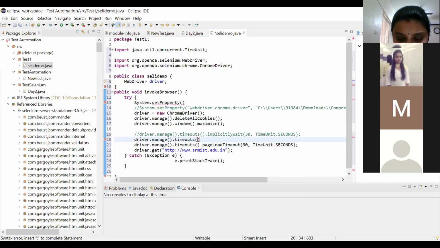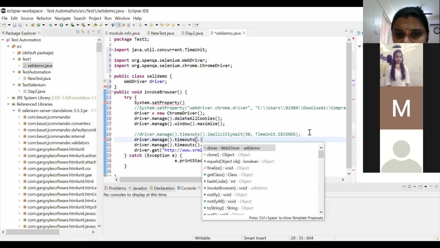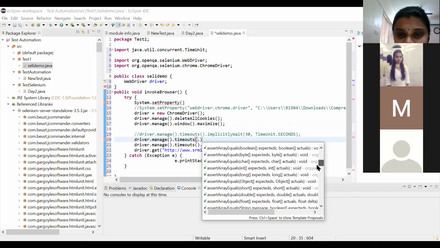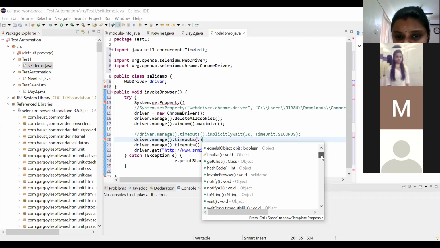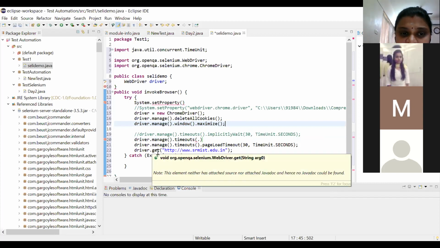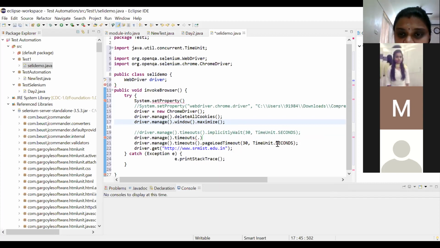You can see here you have different things. You can have an implicit wait, which will help with page synchronization. These are the commonly used things. Invoke browser is one other function which we will try. So now I have given a page synchronization wait time here, and then this is the main thing, whichever URL you want to test.